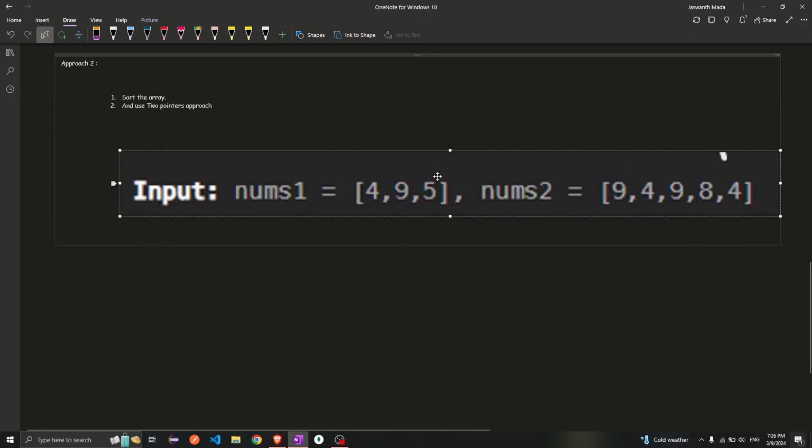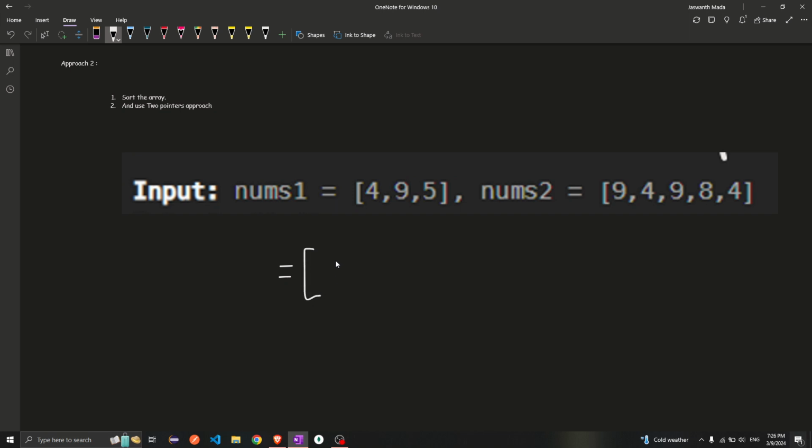So let's say this is our array, and we're going to use the two pointers approach. Initially I'll sort these two. When I sort this, it will become 4, 5, and 9. And when I sort this, it will become